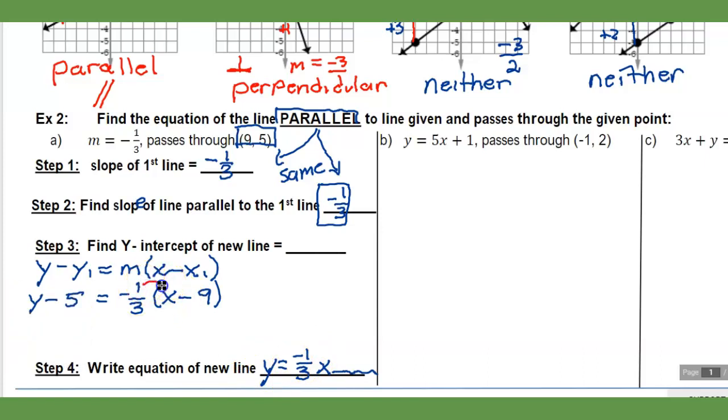Okay, so we can multiply. Negative 1/3 times x is just negative 1/3 x. So that's the first part of our answer that we're looking for. All right, we have the negative 1/3 x. Negative 1/3 times negative 9. Well, negative times negative is positive. 1/3 of 9 is 3. So we have y minus 5 is now equal to